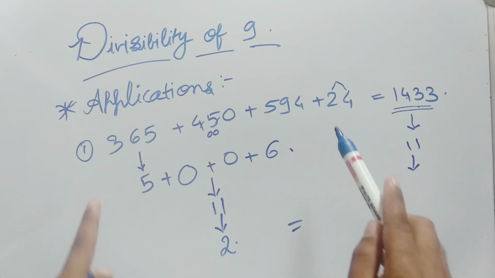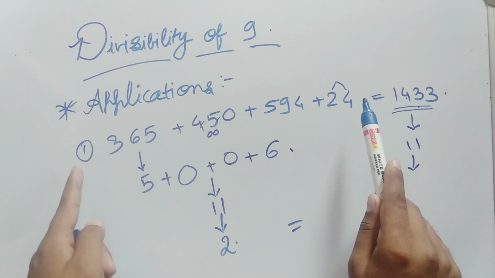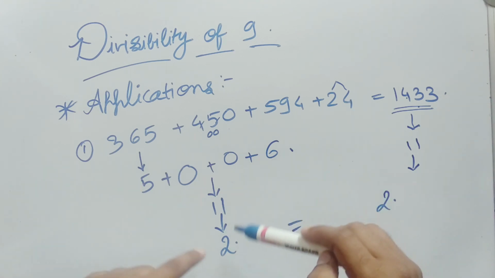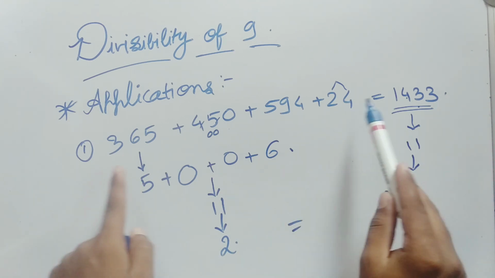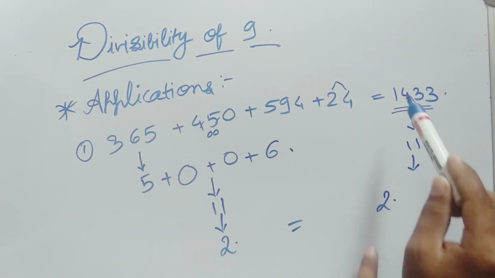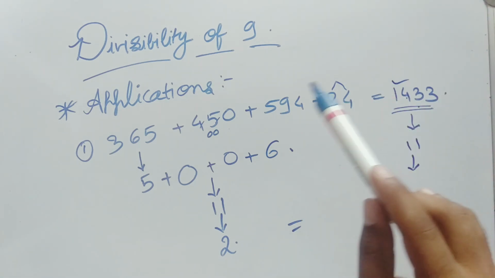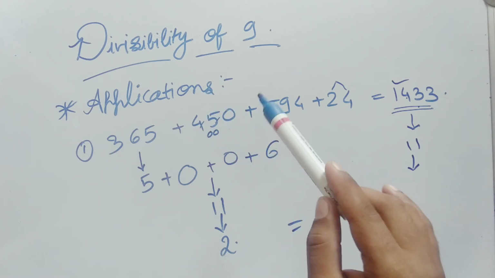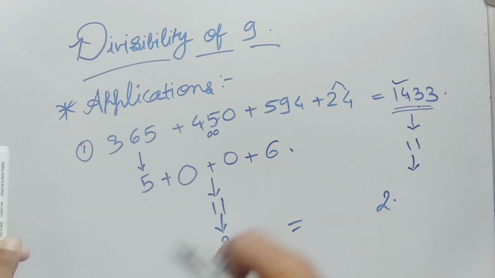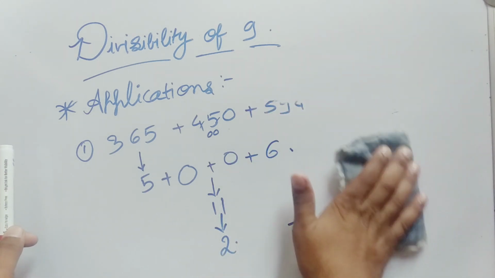So it means that you can apply this concept in simplification. When you encounter this equation, you just calculate the single digit of this equation and match your answer option's single digit conversion and mark it as the answer. So it is the basic application of divisibility of 9. Now we'll look at some more examples to understand it properly.